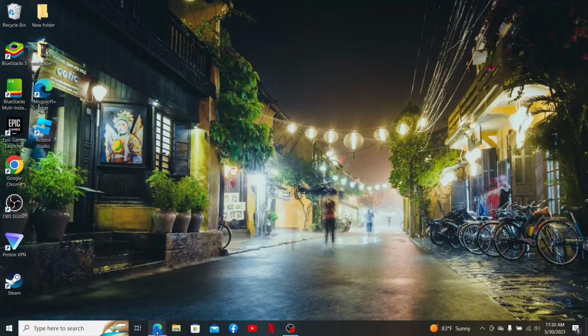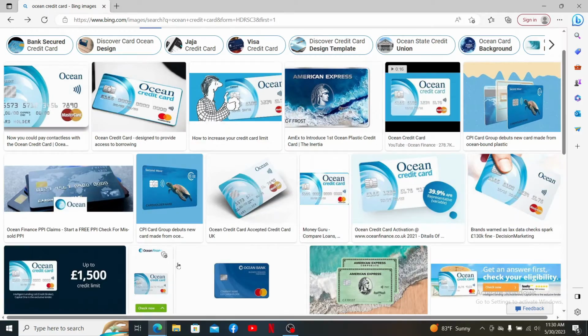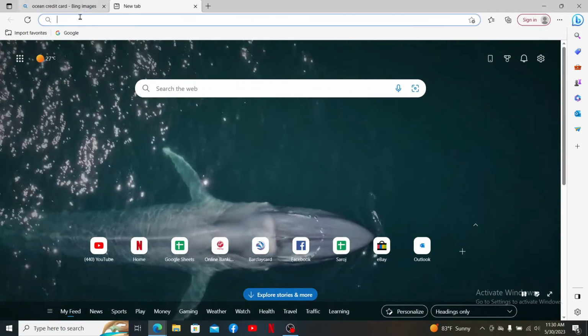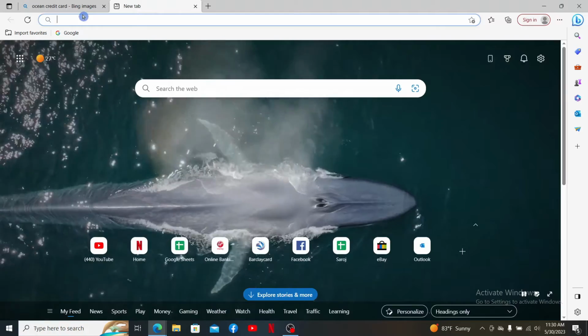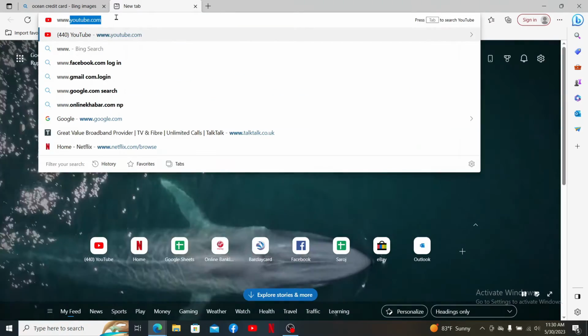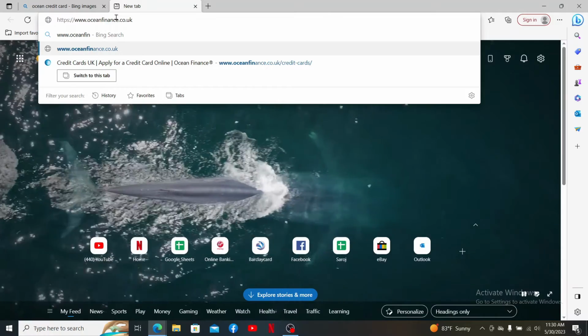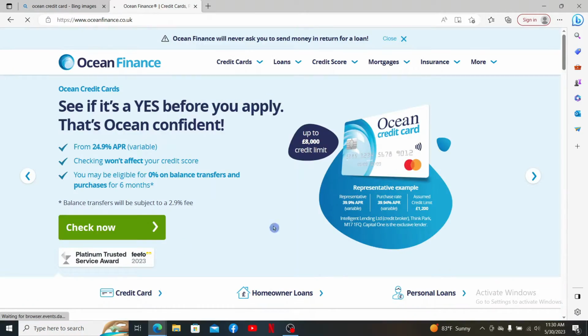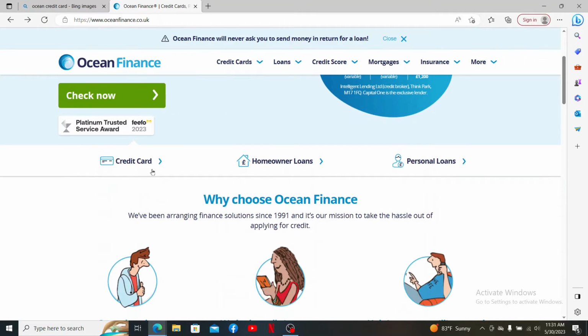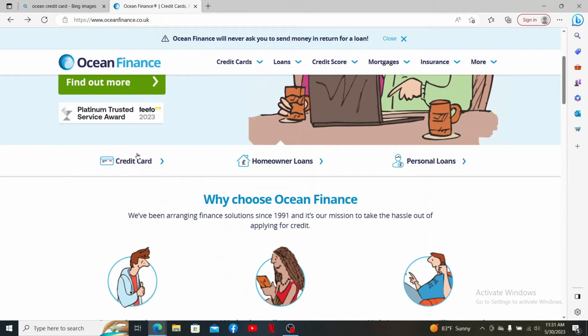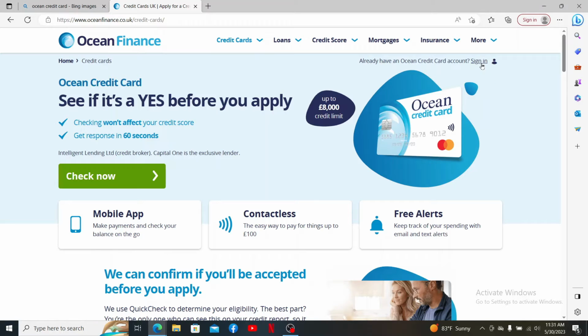Start off by opening up a web browser of your choice. Once you do that, go to the URL box and type in www.oceanfinance.co.uk and press enter on your keyboard. Once you end up in the official site for Ocean Finance, click on the Credit Cards tab at the lower left. Now, click on the sign in link appearing at the top right hand corner if you already have an